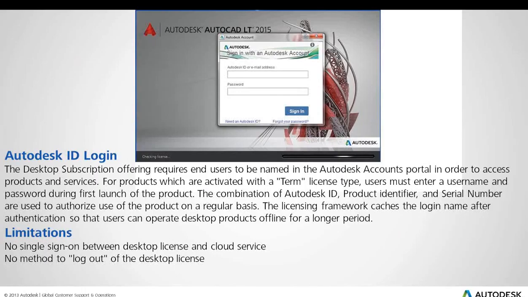So it's asking for Autodesk ID or email address, and that's usually going to be your email address or an email address, whichever one you happen to configure it with, maybe not your standard email address, and then whatever password you have set up on accounts.autodesk.com. Again, this requires users to be named users, so they have to have an account on accounts.autodesk.com. Again, you're required to enter the username and password, and let's see,